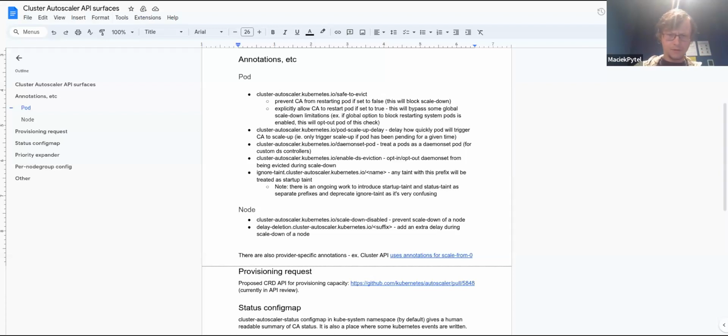There are some annotations that allow controlling some eviction-related settings, particularly related to daemon sets. So whether a pod should be treated as a daemon set pod, even if it's not managed by a daemon set, and whether it should be evicted. For some daemon sets it's better to evict, for some apparently it's better not to evict. So this is pod level, and then for the node level, we have the option to basically block deleting a particular node, or delay deleting a particular node. So it's purely scale down control. And these are all the annotations that exist,